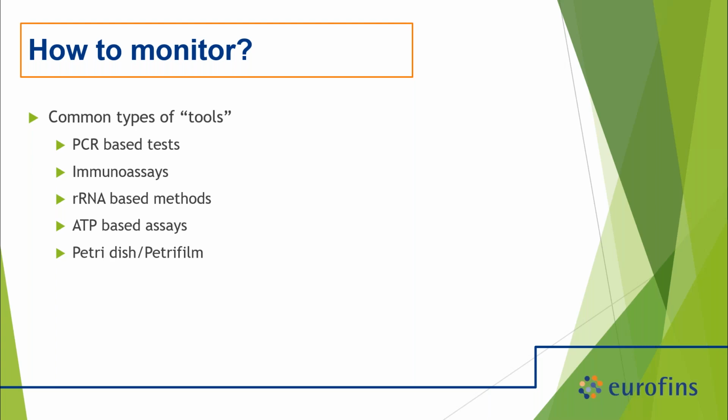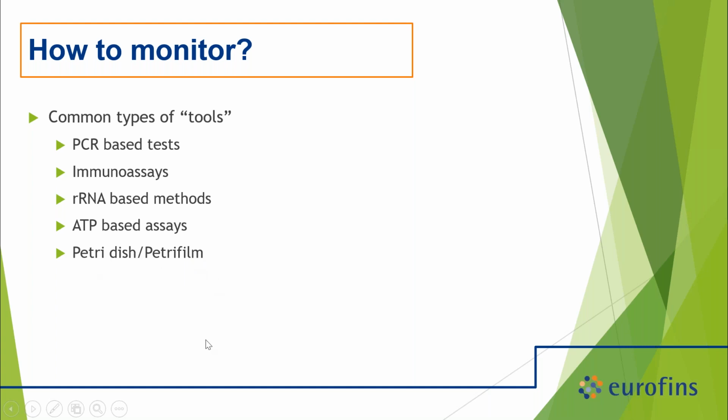We have ATP, so this one's a really common one because it's extremely fast. The caution with adenosine triphosphate is that it's the molecular currency of microorganisms, but it's not necessarily directly related. It can also be in plant material. So in produce plants where you have a lot of soil and plant material, ATP can be an indication of whether or not a surface is clean, but it is not necessarily directly correlated to living microorganisms.